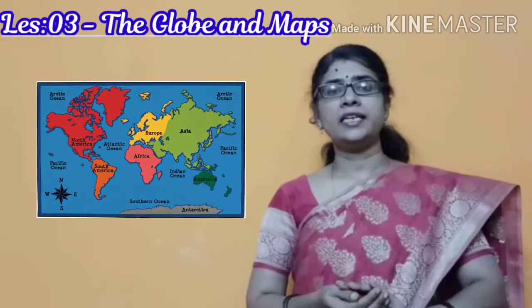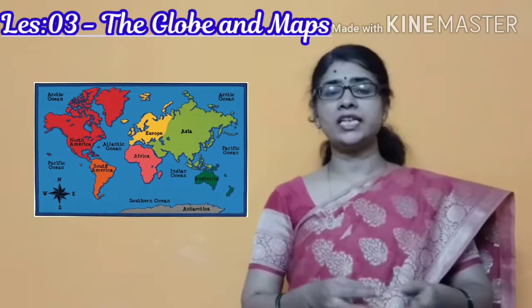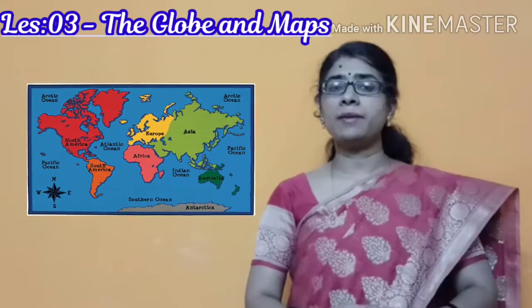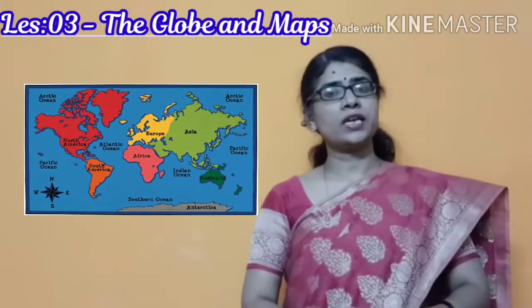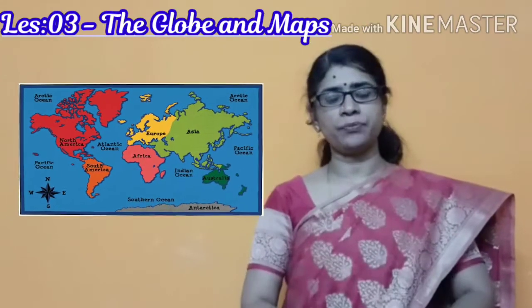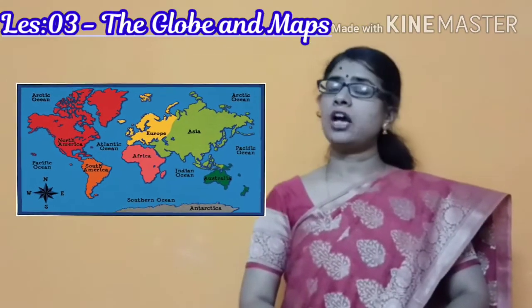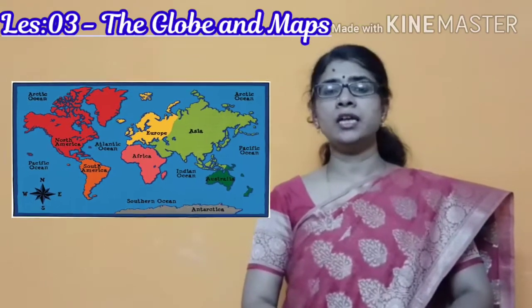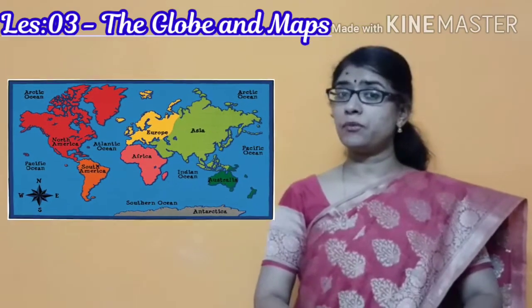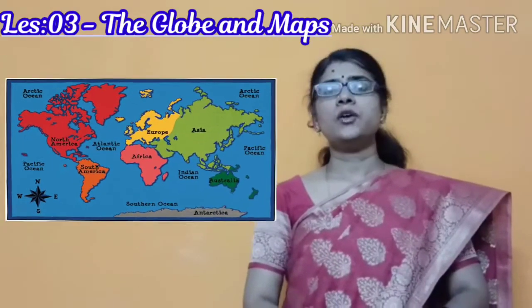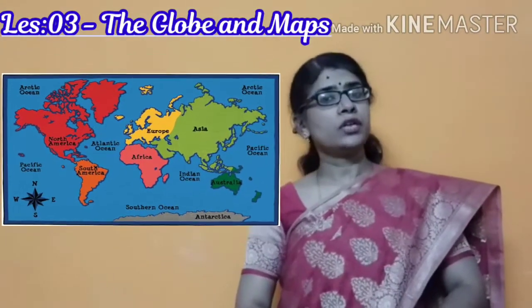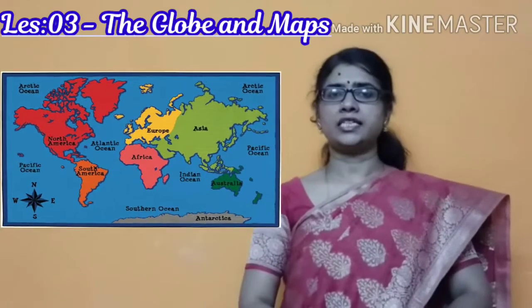We can handle it very easily. We can fold it and keep it in our pocket. We can keep it in our purse. We can carry the map anywhere. It shows the locations, even minor locations, very easily and very accurately. As it is flat, we need to have more imagination to learn the maps, children. It is easy to carry. It shows more information than the globe. And we can locate the places easily. It is also reduced to a smaller size.